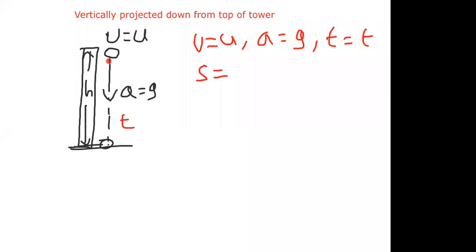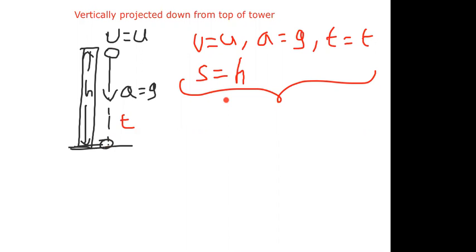The body is projected down, and we are now measuring the height also down. So both are in the same direction, so we can take it as plus h. In the previous concepts, if you observe, where the body was projected up and we were measuring down, we used to take minus, but not like that here. Now projected down, height also we are measuring down. Both are from the same initial point to the final point, so we can take it as plus h.